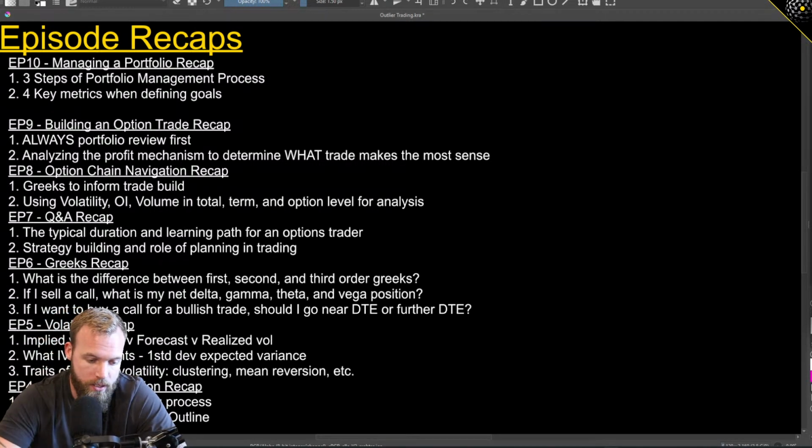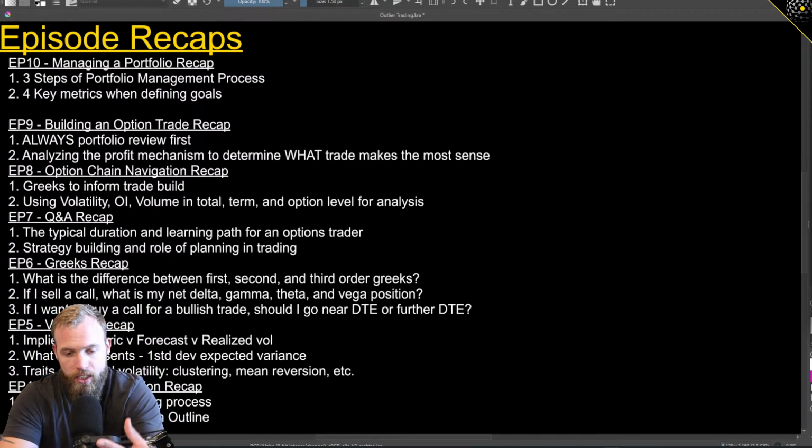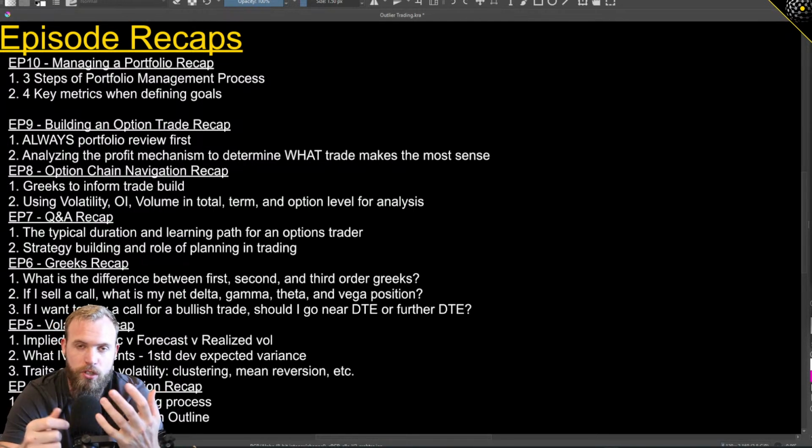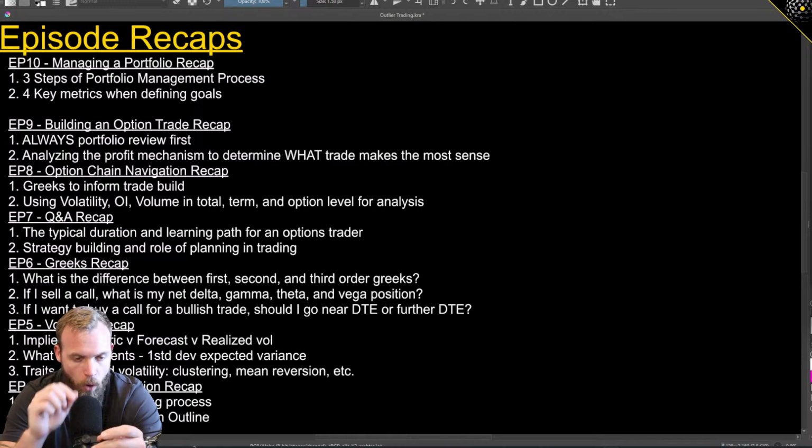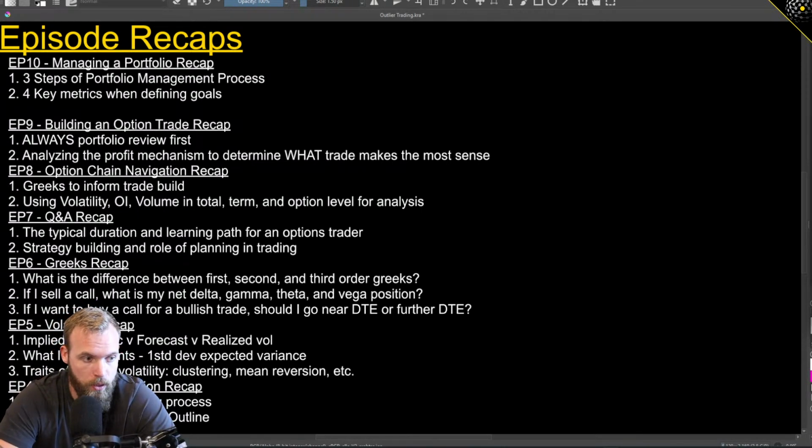They want something that returns better than the market, that's not very volatile, that never has a down month, that doesn't require a lot of time or effort, right? There's all these things that traders come into this wanting, which I don't blame them. I kind of want that too, but it's not the reality of what we do as traders. And again, it's a good thing, because if it was able to be so, then it would be really difficult to make decent money doing this, because it would become increasingly flooded.